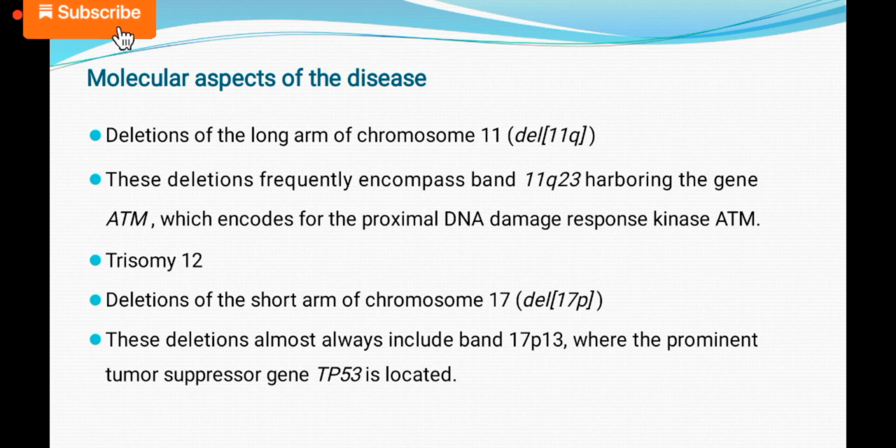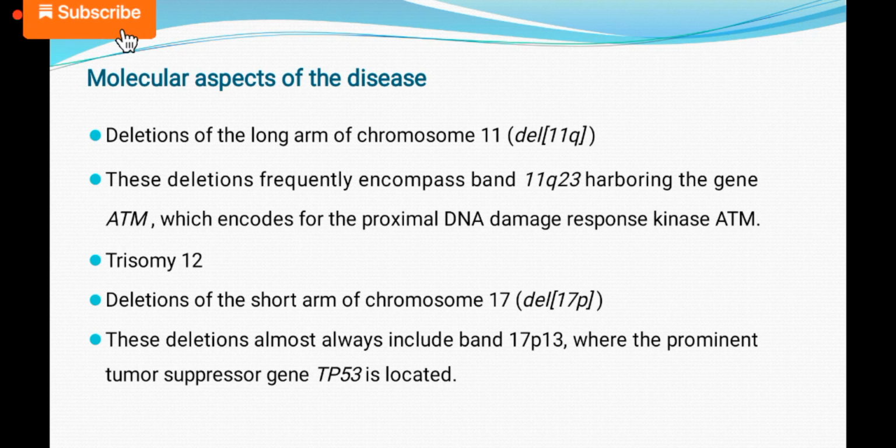Similarly, trisomy 12, where the chromosome number 12 is having another copy where the two copies should be present, they are having an additional copy which is contributing towards the disease. Deletions of chromosome 17 short arm, the P arm is lost over here. ऐसे पेशेंट्स भी अल्टीमेटली CLL उनके अंदर भी डेवलप हो जाता है. And